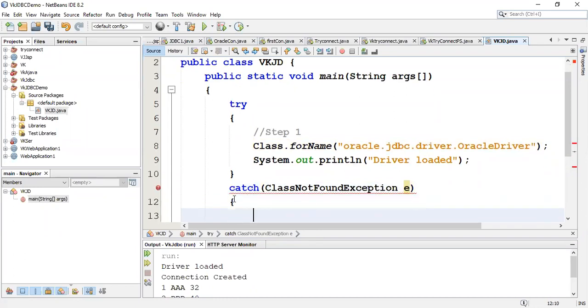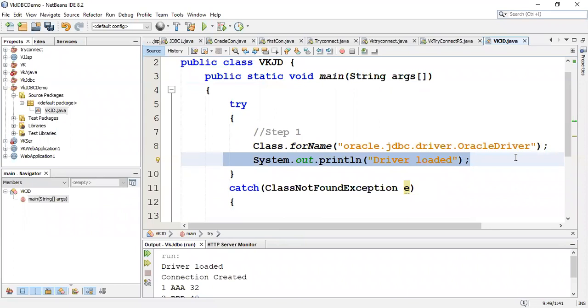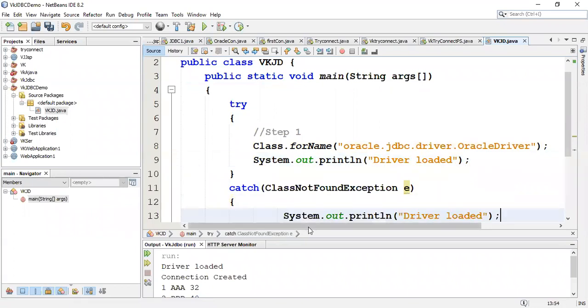So in the catch block, I want to again display a message, the reverse of this. If there is any problem in loading of the drivers, it will take me to the catch block. So in the catch block, I want to display a message, "driver not loaded."